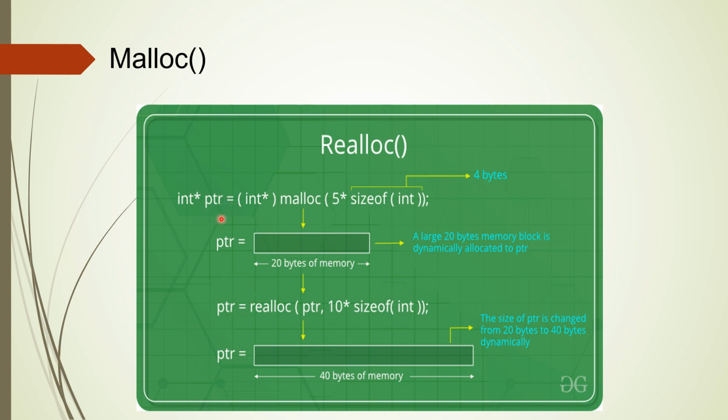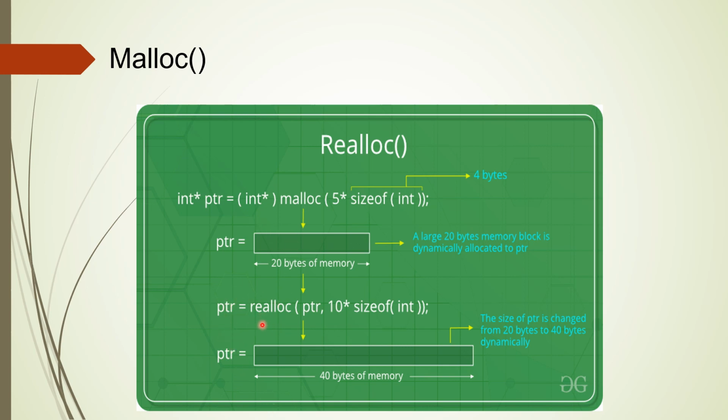Now after ptr receives the value, ptr is pointing to this particular memory location. So if you want to perform any operation on this block, you have to go through ptr. As I already mentioned, dynamic memory allocation means as and when you need variables, you can create them during execution of a program. If the created block is not enough, you can increase the size. So you can reallocate using the realloc function.